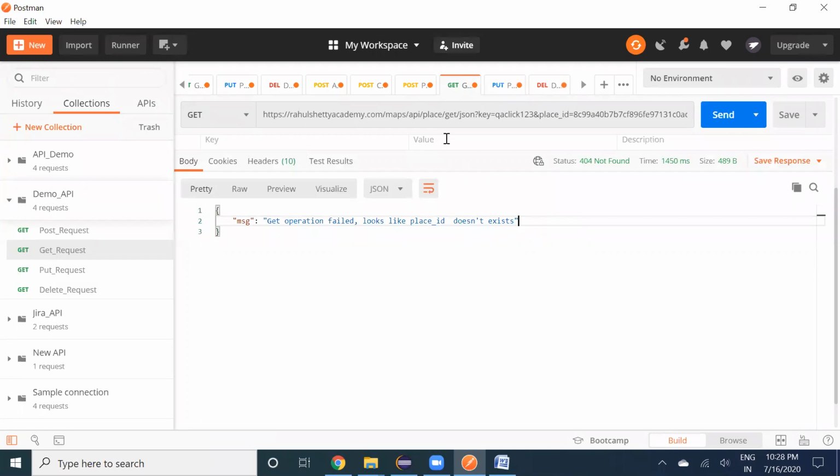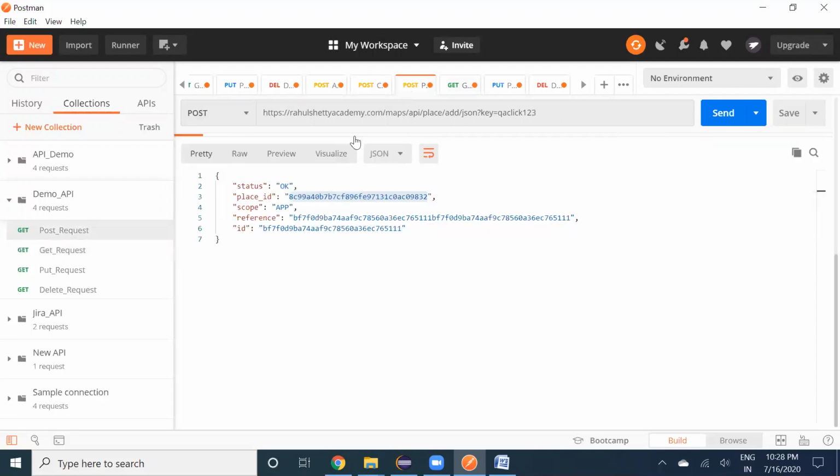So these are the basics of the CRUD operations which we learned. We will automate this and see it with the help of a framework. There are some other methods also. Maybe in the next class or a future class, we'll see the other methods in Postman itself. We'll have a separate class for that. But these are the basics of CRUD operations: get, post, put and delete.